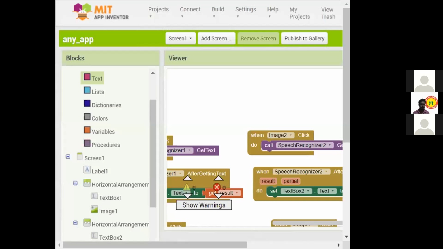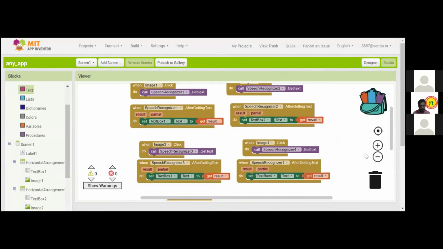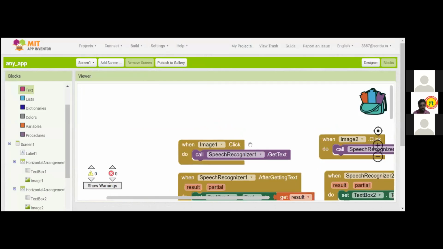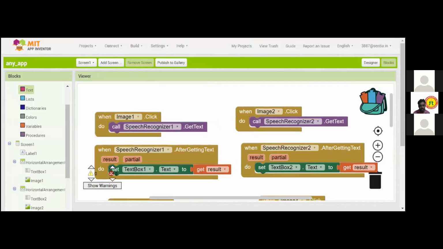That's why I said, please check your program whether you have given image one. You need to give image speaker.